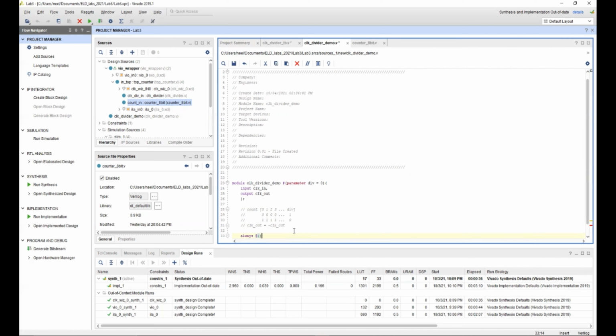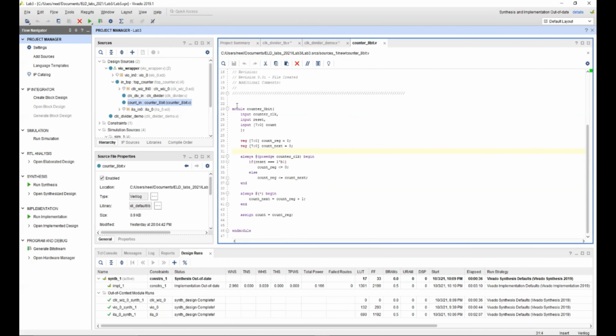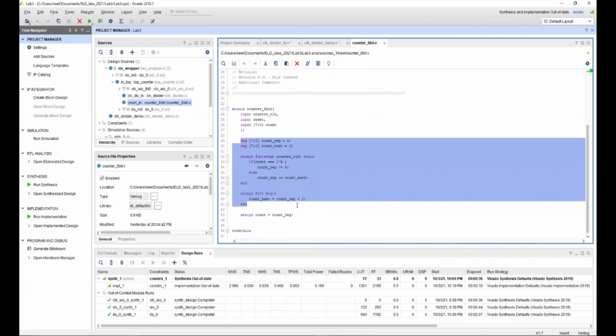So first, let us just implement a counter. This counter starts counting from 0 to div value, at the rate of clock in. This is exactly similar to what we have implemented over here, right? Here this counter starts to count from 0 to 255, as it is 8-bit. This is because of the constraint that is given over here. It counts from 0 to 255 at the rate of a clock, and this is the 1 hertz counter that we have designed. So we'll do this exactly the same as here. Let's just copy and paste this.